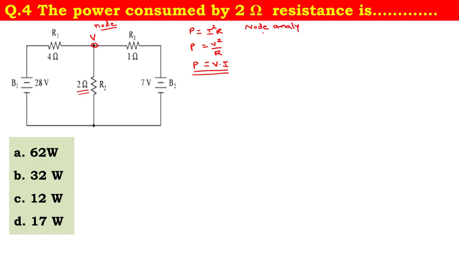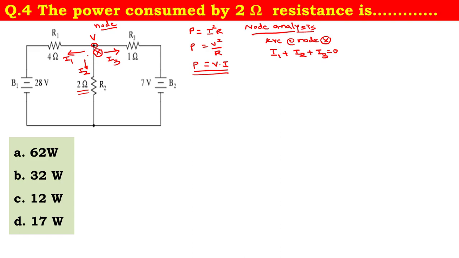In node analysis, what we are doing is finding the nodal voltages. Again, I will assume the currents leaving the nodes. So three currents are there, say I1, I2 and I3. The KCL equation at node, say X: all three currents are leaving. So I1 plus I2 plus I3 is equal to 0.